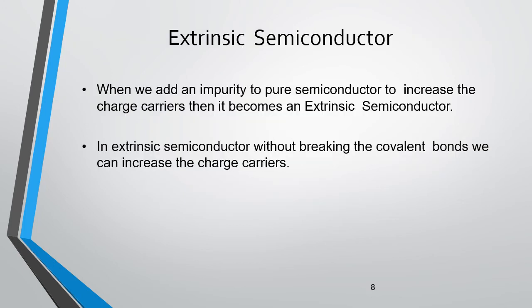But in the extrinsic semiconductors, there are certain impurities which are added to your pure semiconductor. Depending upon the impurities, these semiconductors are divided into N-type semiconductor and P-type semiconductor. N-type means your donor impurity is added. N stands for electrons, which are donors. So donor impurity is added, and P-type is for your holes, which are nothing but acceptors, and therefore it gives rise to the P-type semiconductor.